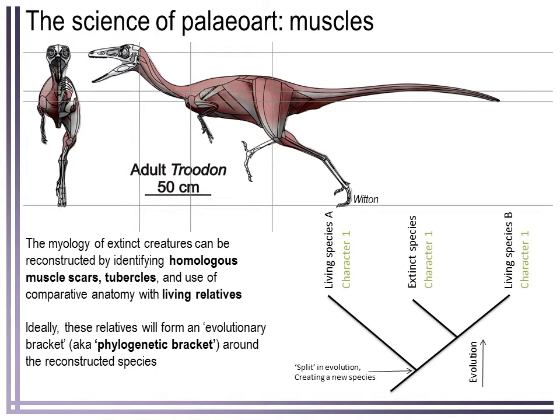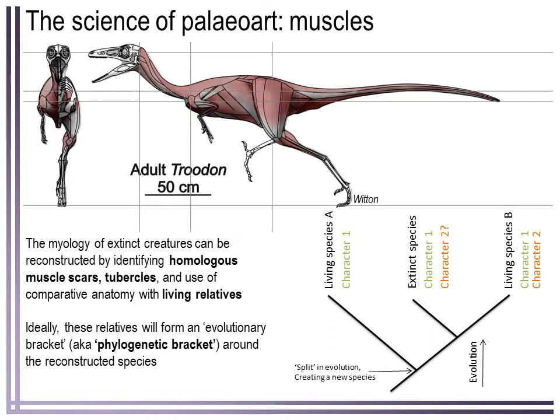We see it in its phylogenetic bracketing, in the animals bracketing it in the modern day. So we'd be fairly confident about that. We could very confidently infer that that animal has that muscle. However, if we only see one half of the bracket with a certain muscle, that adds a fair